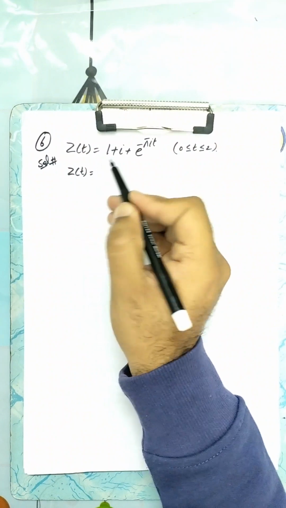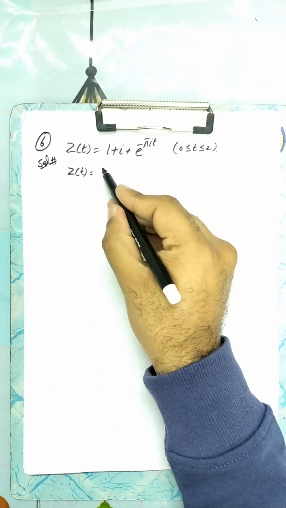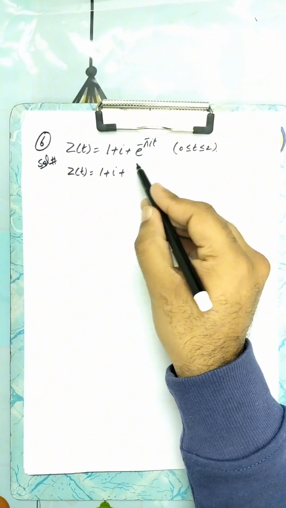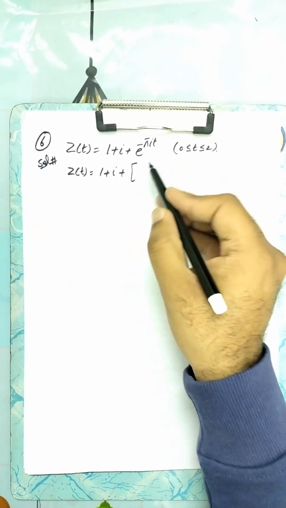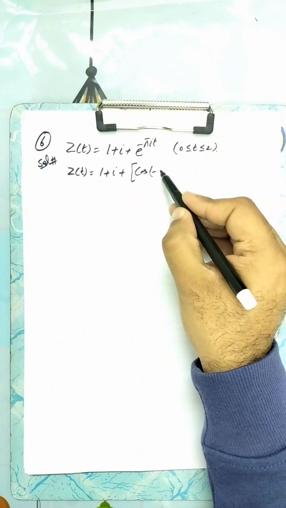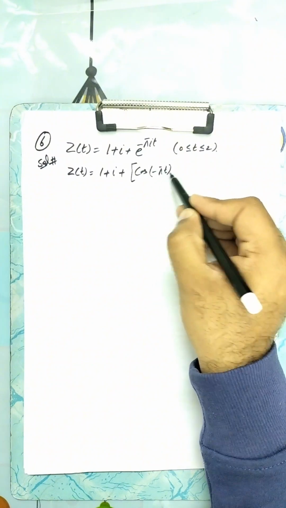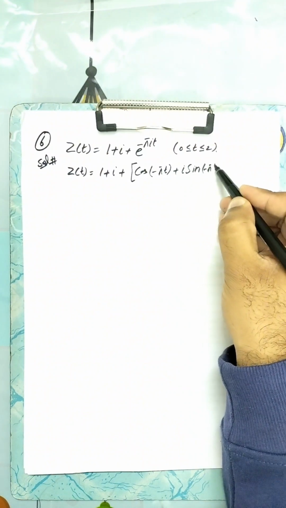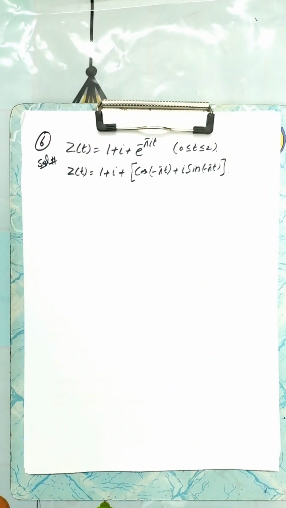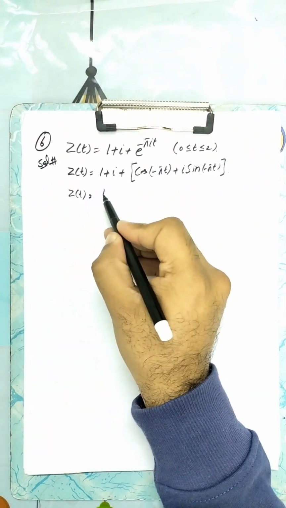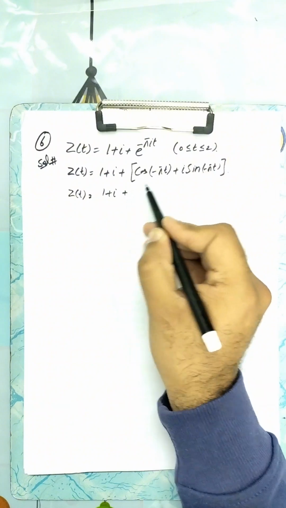We find the path. So we just write the Euler formula here, and this is equal to cos(-πt) + i sin(-πt). Okay, so this is equal to z(t) and 1 + i plus, and we know